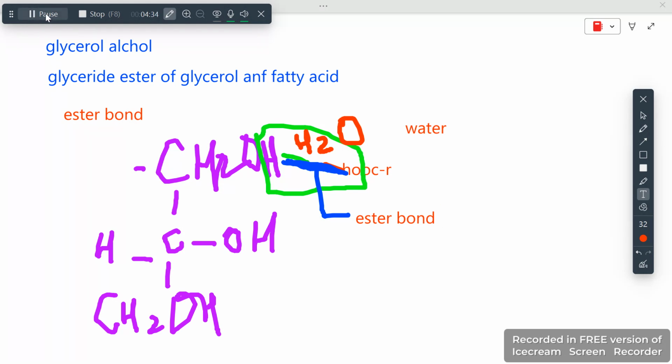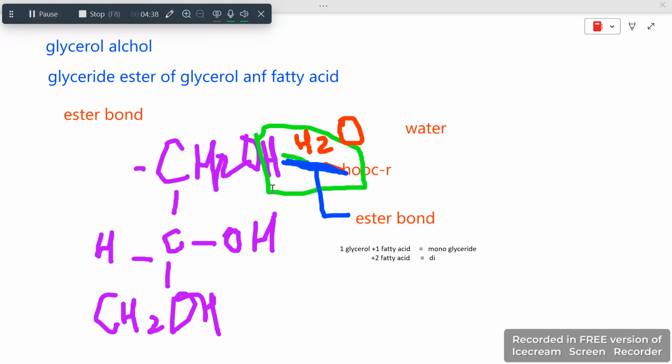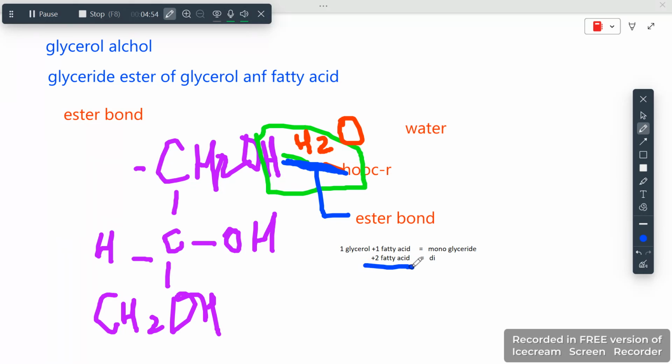Here I've taken an example: when we add one glycerol with one fatty acid, that would be known as monoglyceride, and when we add two fatty acids into it, then that will be diglyceride, and if I write it, when we add three fatty